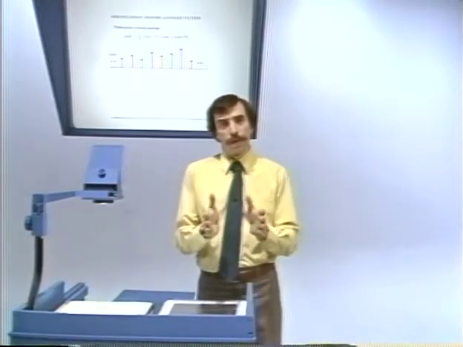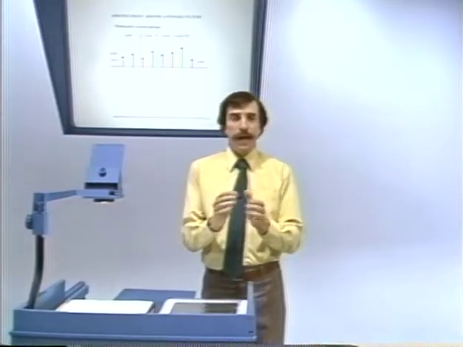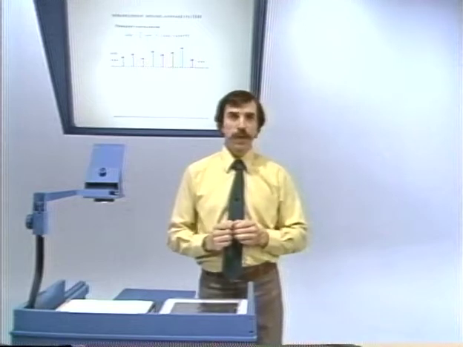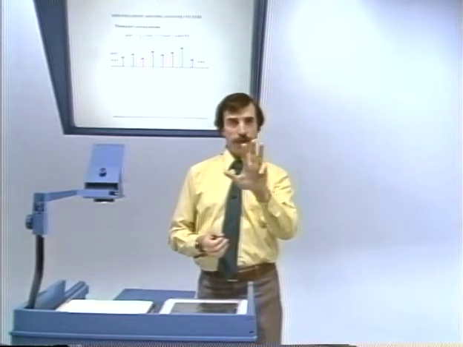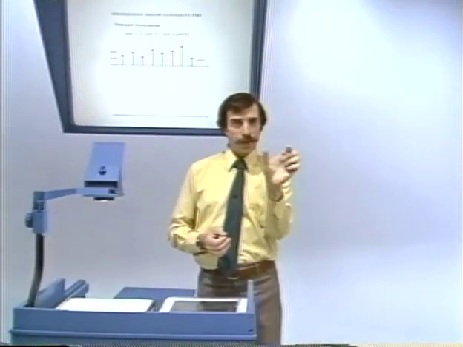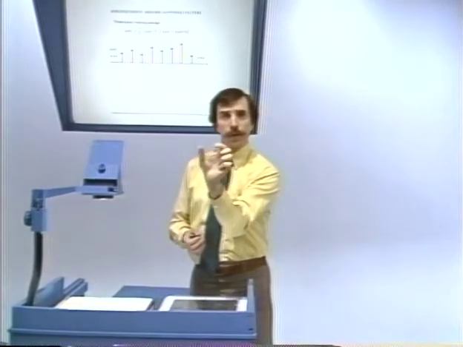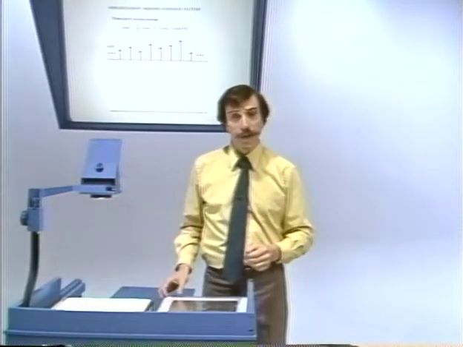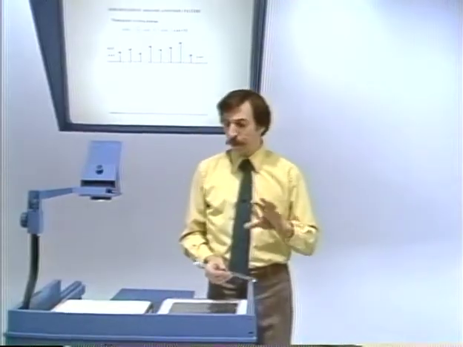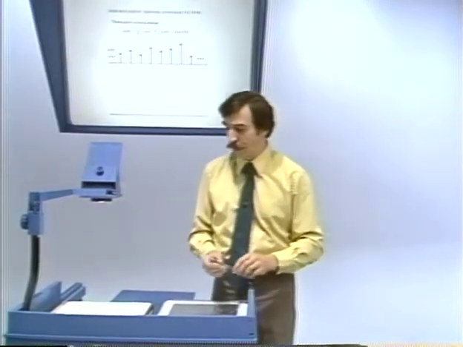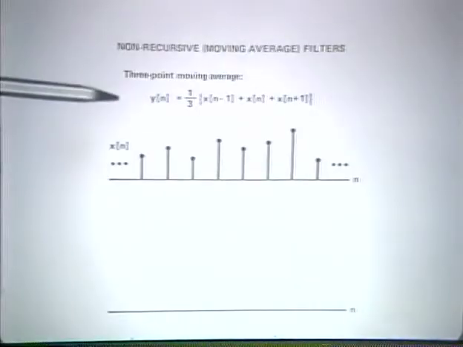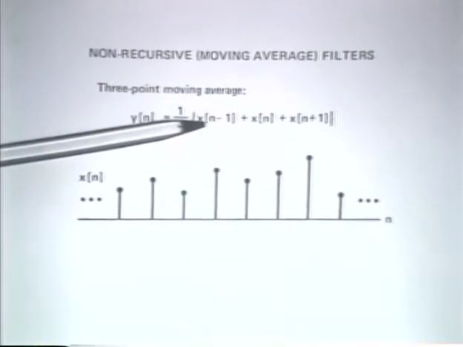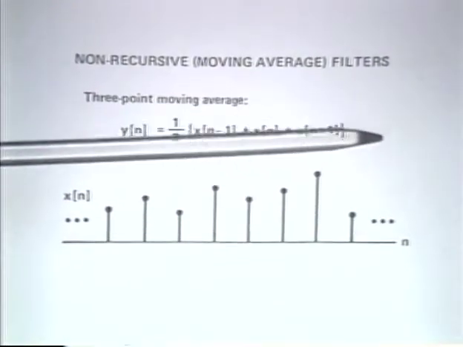Think of the notion of taking a data sequence, and let's suppose that what we wanted to do was apply some smoothing to the data sequence. We could, for example, think of taking adjacent points, averaging them together, and then moving that average along the data sequence. And what you can kind of see intuitively is that that would apply some smoothing. So in fact, the difference equation, let's say for a 3-point moving average, would be the difference equation that I indicate here, just simply taking a data point and the two data points adjacent to it